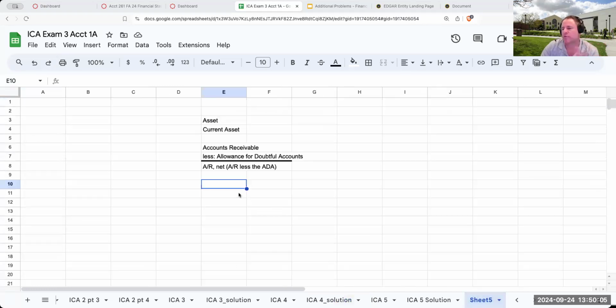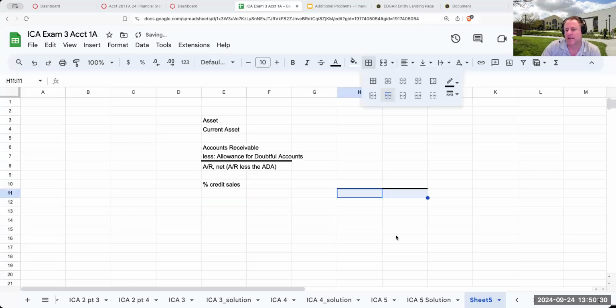There is a third method that you may get exposed to, which I do not teach, because when I ran into someone from the FASB, probably in the last 8 years, they discussed something called a percentage of credit sales. The reason this is somewhat of a problem is that it says you record bad debt expense